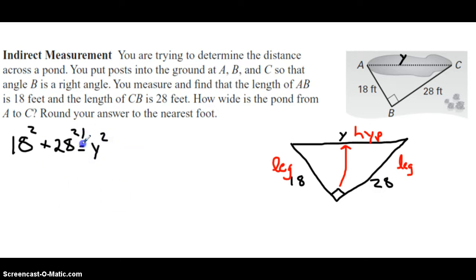And once again, we've got an equal sign down the middle here, and we can add 18 squared plus 28 squared on our calculator. That totals up to 1,108, which is equal to y squared. And to undo a square, we need to use a square root. So I will square root both sides, leaving me with y is equal to